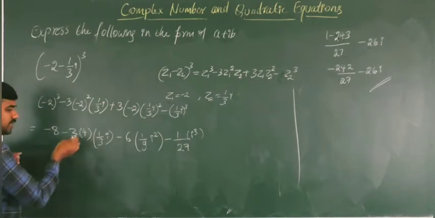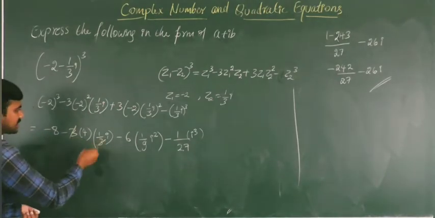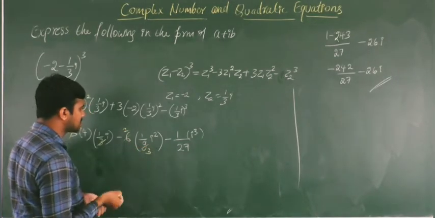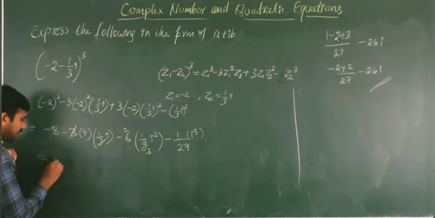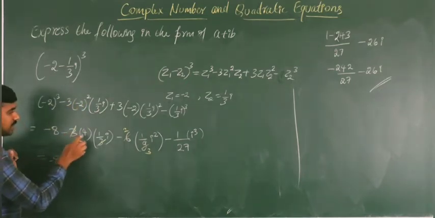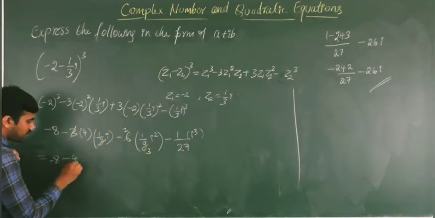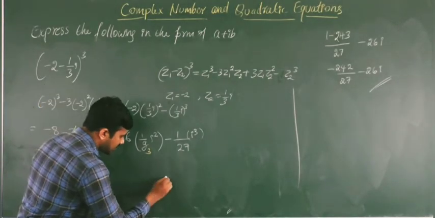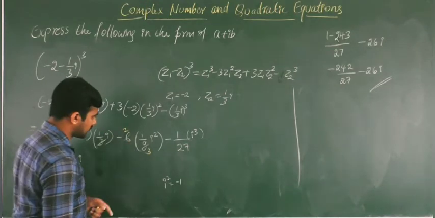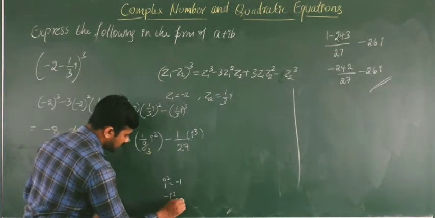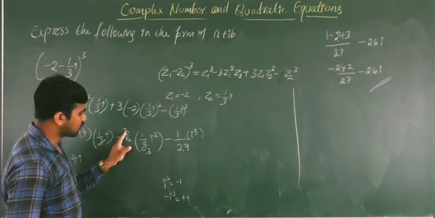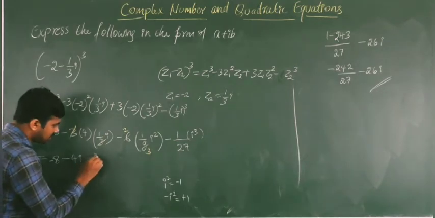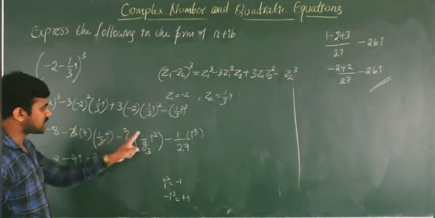So now in the second term we can cancel this 3 and this 3, and in the third term you can observe 3 2s are 3 3s are, it gets cancelled like this. So what will we get here? Minus 8 minus 4 into i minus 4i, and we know i square value is nothing but minus 1. Minus i square is nothing but plus 1, and here you have 2 in the numerator, so 2 into 1 is nothing but 2 divided by 3, because minus i square value is plus 1.